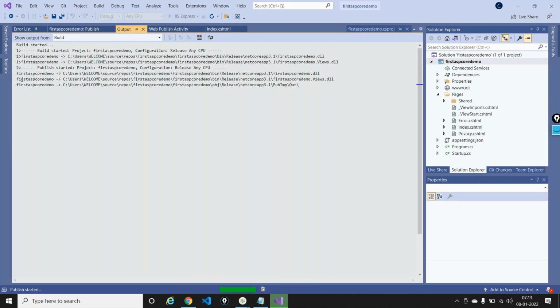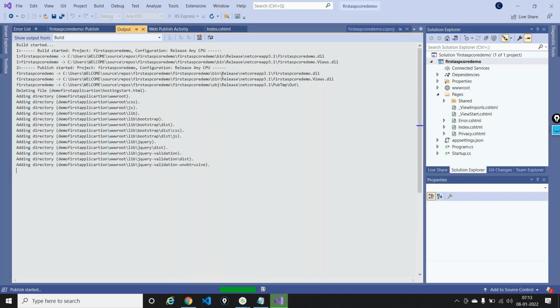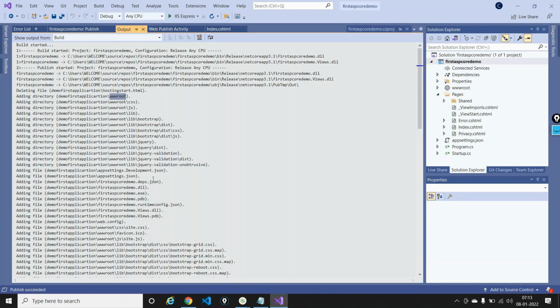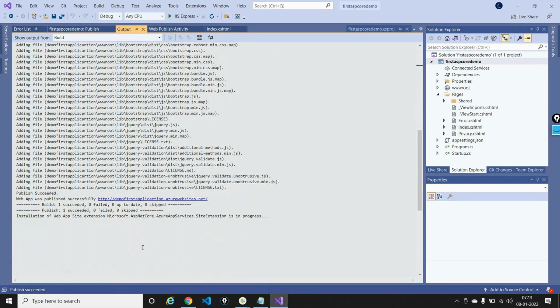So the build started, the publishing also started, and now it's converting all my files into DLL. It just converted it, and it's adding all the files into the demo first application, into something known as wwwroot. So it's going into the root directory, it's adding the application, and it says publish is successful. It's installing something called an extension. Then, the important thing, it's restarting my application. So whenever you have a deployment,